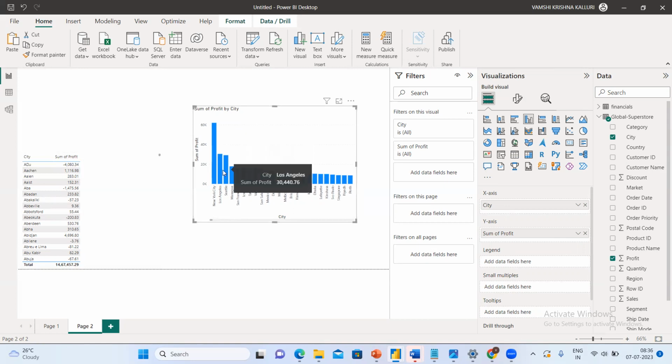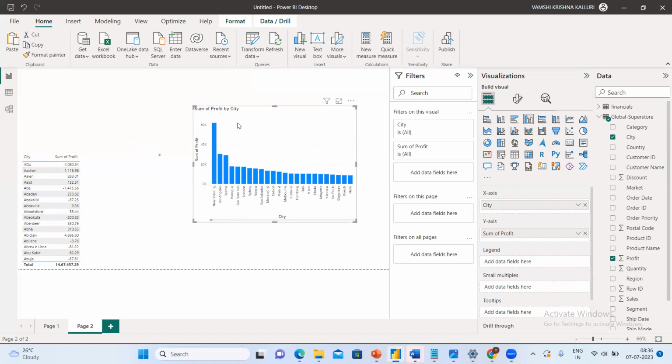The second highest is Los Angeles, the third is followed by Shirley. All are followed by the same thing, one by Sydney and so on. But before going on, if you represent the data like this, the customer takes a lot of time. But when you represent the data in a visualization, the end user can easily understand.